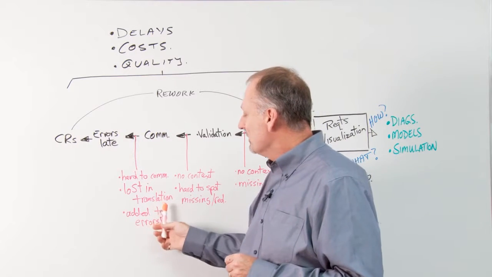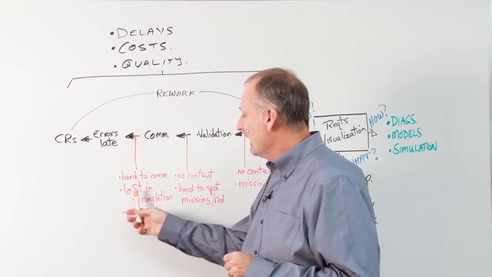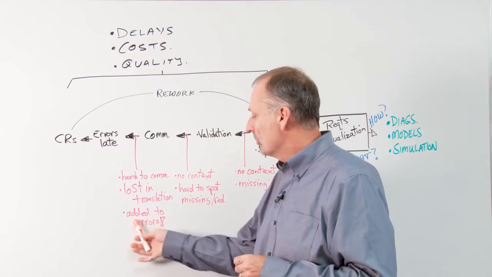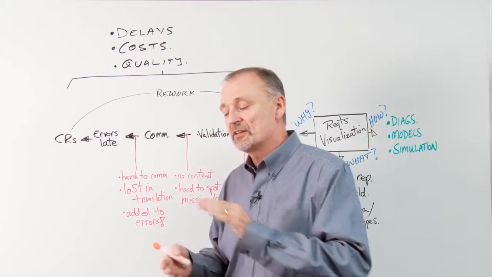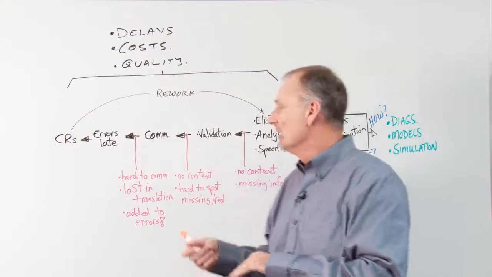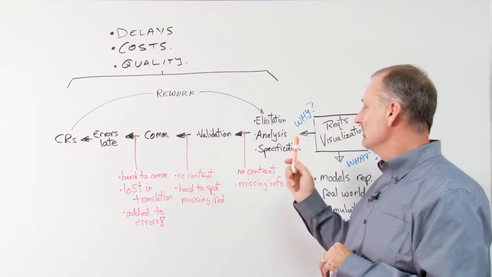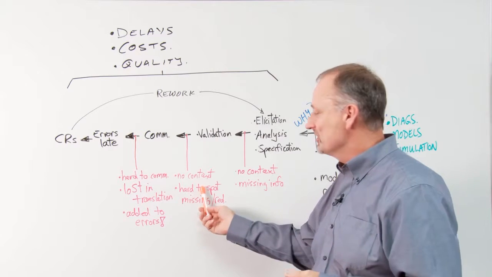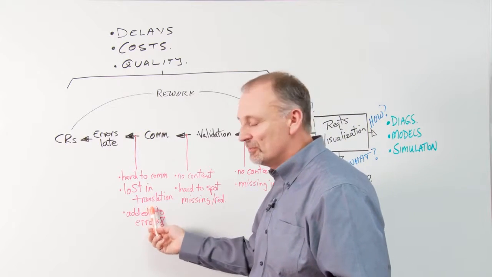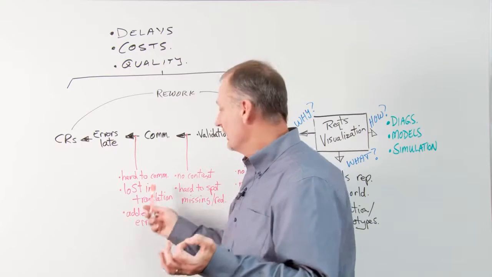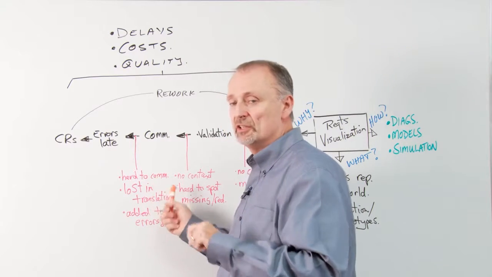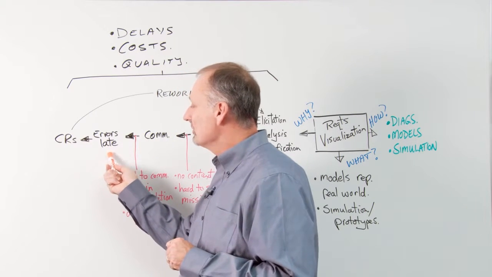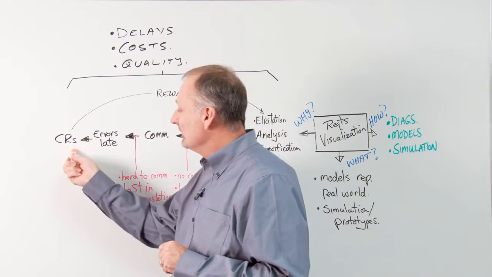When we communicate them out, we basically have some loss in translation and people aren't able to understand them effectively. Of course, this is added to the sets of errors that are already baked into that document because we didn't do visualization before. So there's errors injected at every point of the process into the requirements asset. So the consumers of it basically have their communication problems added to the issues that are already in the document. Net result is we have errors, we have late delivery, leading to change